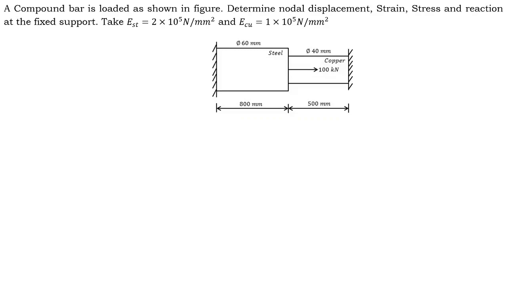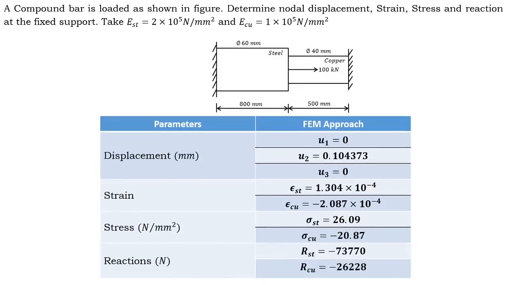Now before moving to the solution in ANSYS, let us see the values we have calculated in FEM. So these are the values we have calculated in FEM, where the displacement at node number 1 is fixed, therefore it is 0. Similarly, displacement at node number 3, that is the fixing condition on the extreme right hand side, is also 0. Now whatever displacement I am going to get, I will get at the junction, and that value is